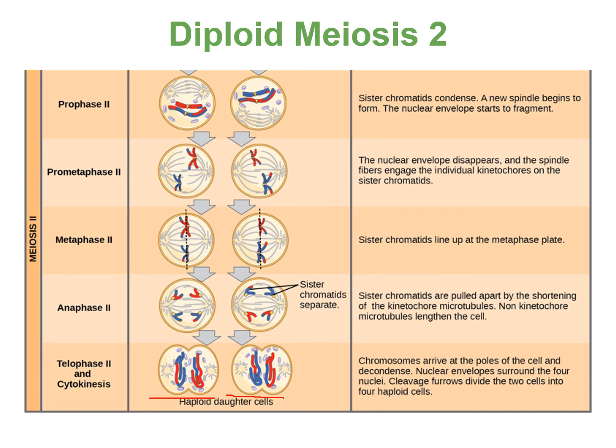And I'm not going to read through each one of the events here. So again, same set of events that you see in mitosis and meiosis 1. We go from prophase to prometaphase to metaphase to anaphase, telophase, and cytokinesis. But because this is meiosis 2, there is a 2 after each one of the phases. So we have prophase 2, prometaphase 2, metaphase 2, anaphase 2, telophase 2, and just cytokinesis again, the separation of the cytoplasmic components.